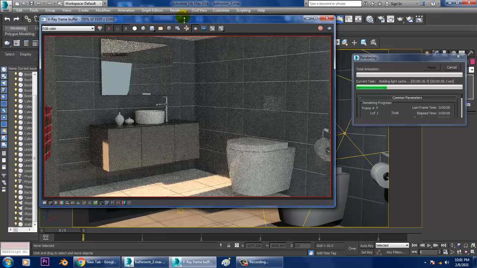Definitely now what I can do is let it render.